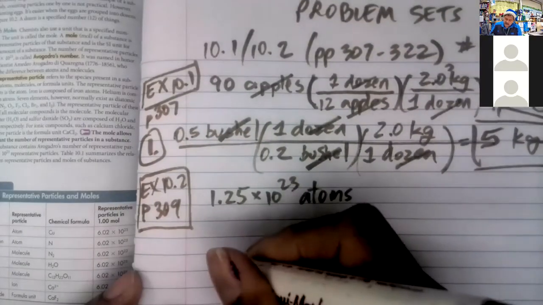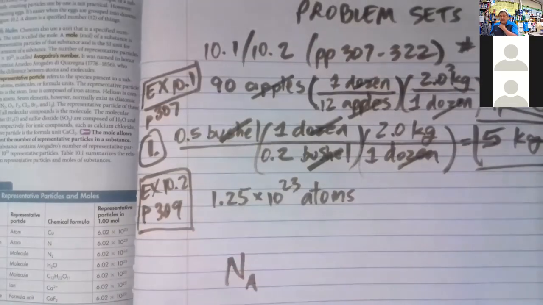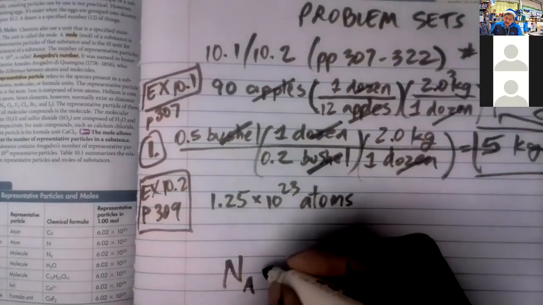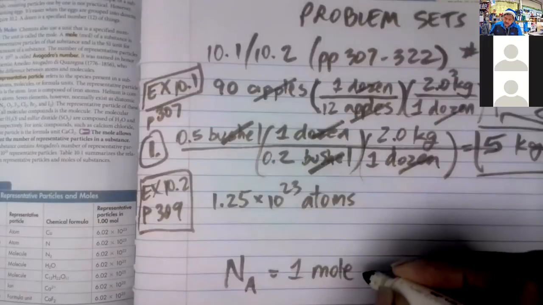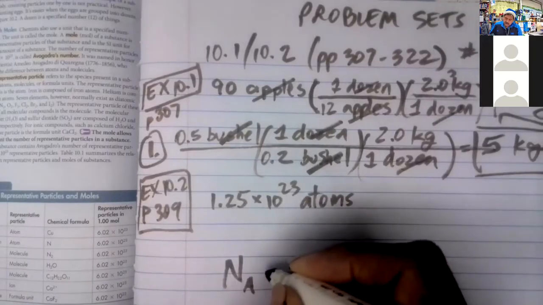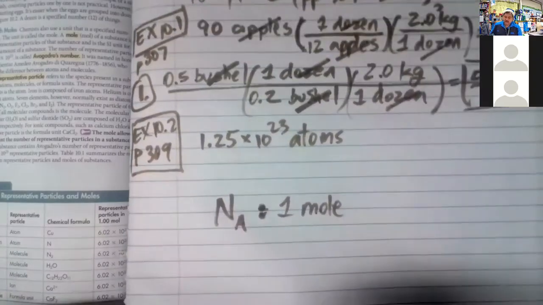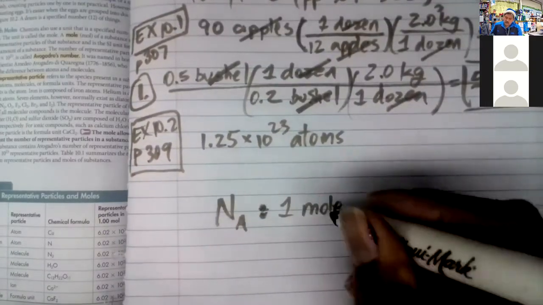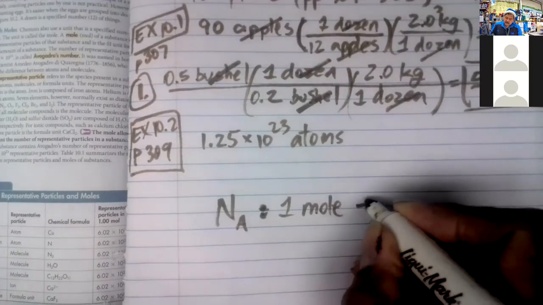Sometimes we say N sub A for Avogadro's number. And Avogadro's number tells us that 1 mole of any substance is made up, I shouldn't put an equal sign, it's more like a definition. 1 mole of any substance is equal to